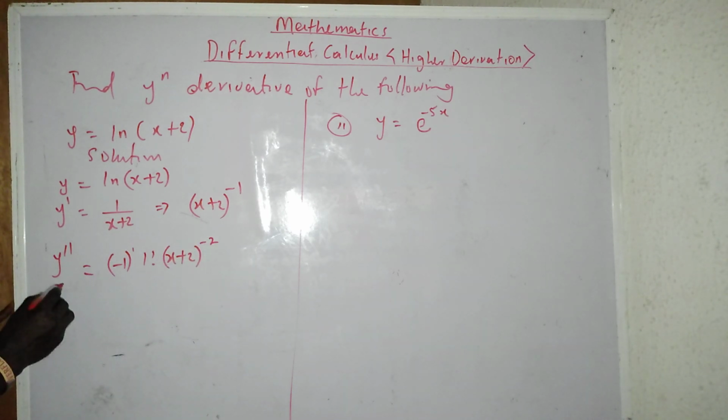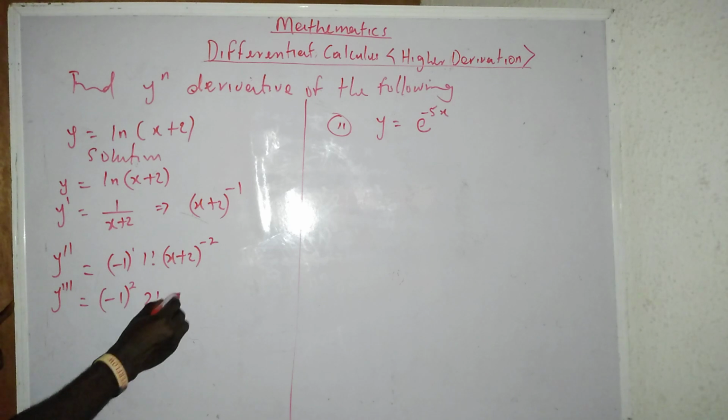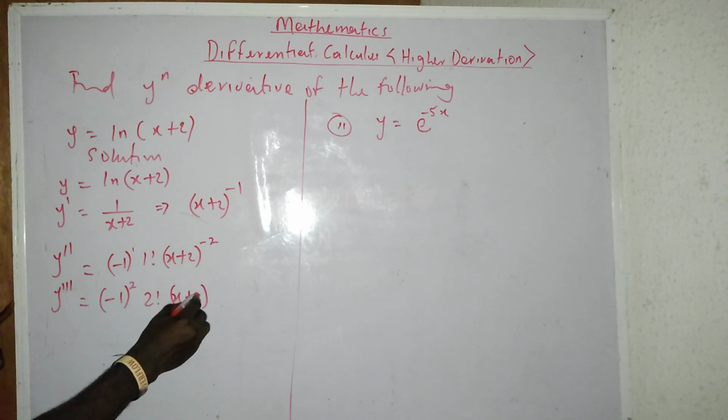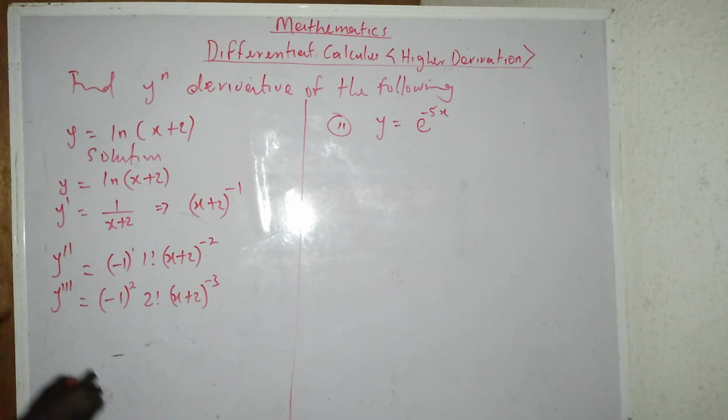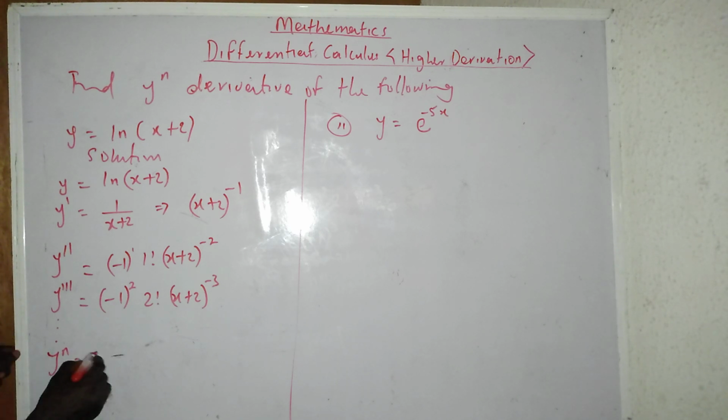If I have the third derivative, it is minus 1 raised to power 2, 2 factorial, x plus 2 all bracket of minus 3. Okay, 1, 2, 3. To the next nth term now, I will have minus 1 raised to power n